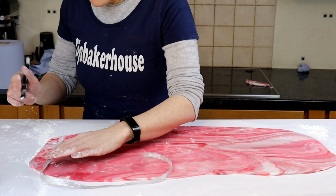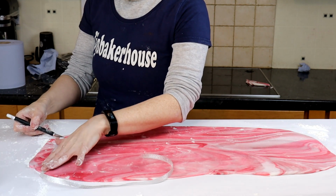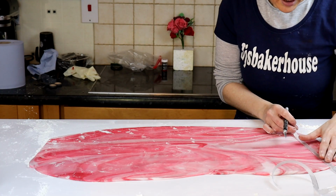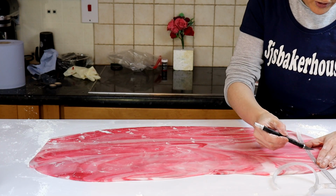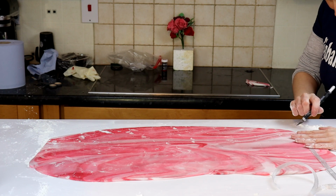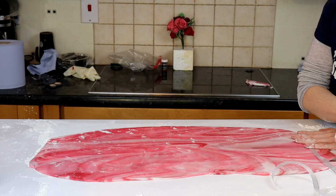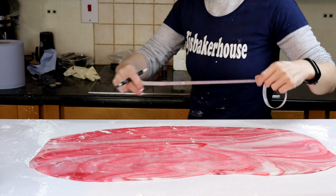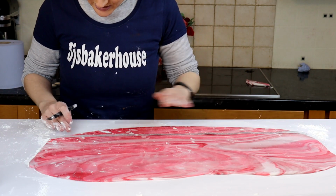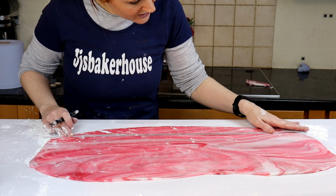Just thought I'd better show you how to do that. So I've taken this mark here, and then I've cut where that is, and then I've cut where that is this side, and then I'm going to do the very same this side. So I've got my little mark in there, take it right to the furthest edge I can, take that one there, and then that there, and then I'm going to take this, line it up to there and to there so that I know I've got a straight line, push it down all the way through,